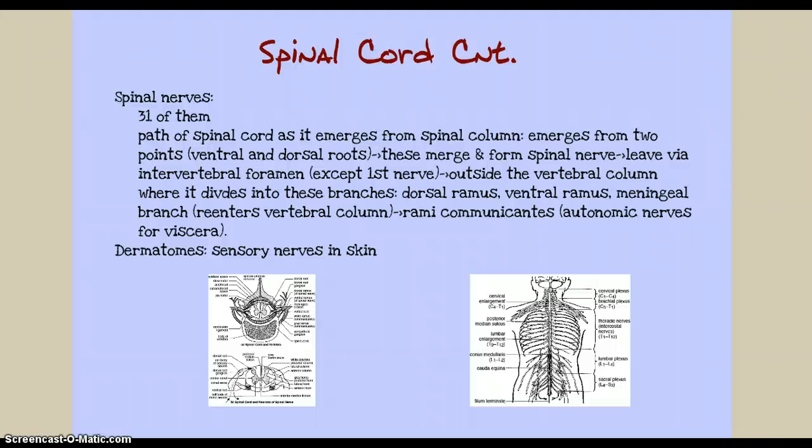The dorsal ramus contains nerves that serve the dorsal portion. The ventral ramus serves the ventral portion, so it serves the remaining ventral parts of the trunk and upper and lower limbs. And then after that, there's the meningeal branch, which re-enters the vertebral column and serves the meninges and blood vessels within. And then after that, there's the rami communicantes, which contains autonomic nerves for viscera. But the meningeal branch, as I said before, just re-enters the vertebral column and innervates some blood vessels